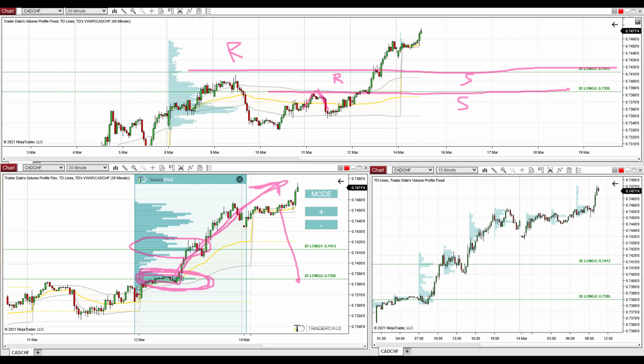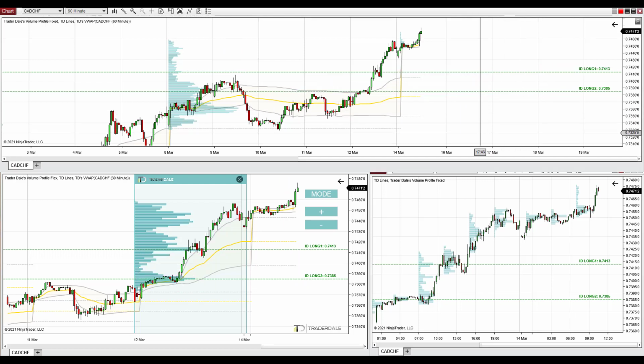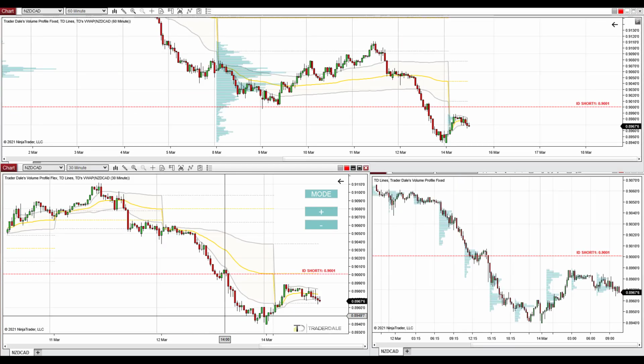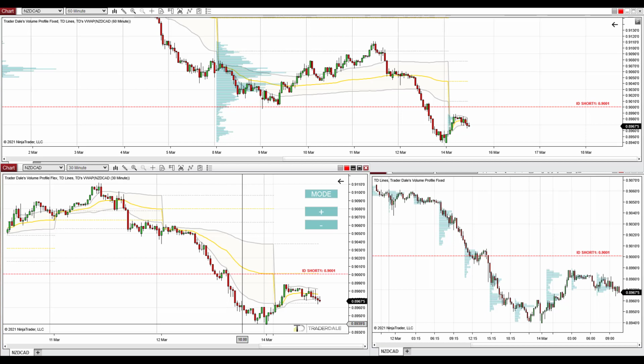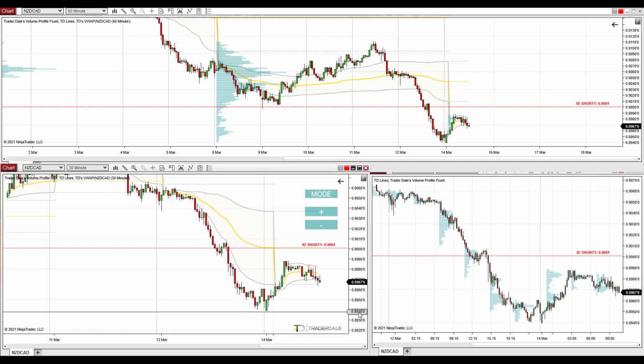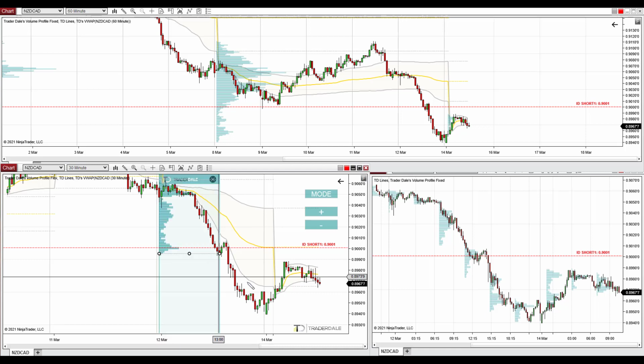Now let's go and have a look at the last idea, and this one will be on the New Zealand dollar, Canadian dollar. The funny thing is that this actually is the same trading setup as I already showed you, or actually the same combo of two trading setups. In this case there is a resistance which is at 0.9001, and